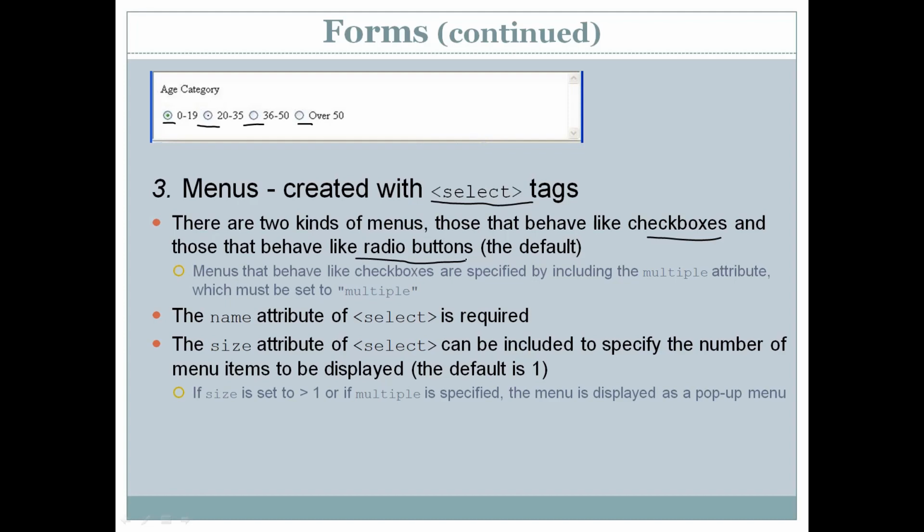In case of a radio button type menu, you can select a single item from the list, and that is the default. Menus that behave like checkboxes are specified by including the multiple attribute, which must be set to multiple. Now if you want to create a menu, you already know about a menu. A menu looks something like this.